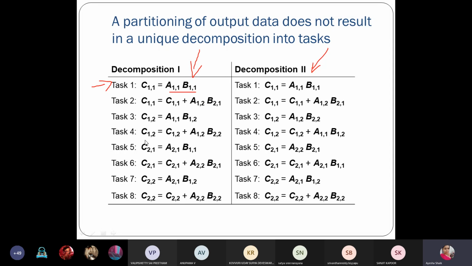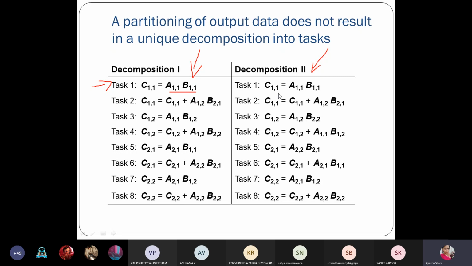Task 3 and task 4 are for C12, task 5 and task 6 for C21, and task 7 and task 8 for C22. Here we include a multiplication and then an addition, and there only a multiplication. So if you want to decompose it as four tasks, you directly multiply and add, and that is one task itself. Otherwise, if you want to decompose it further, you can do it like that.